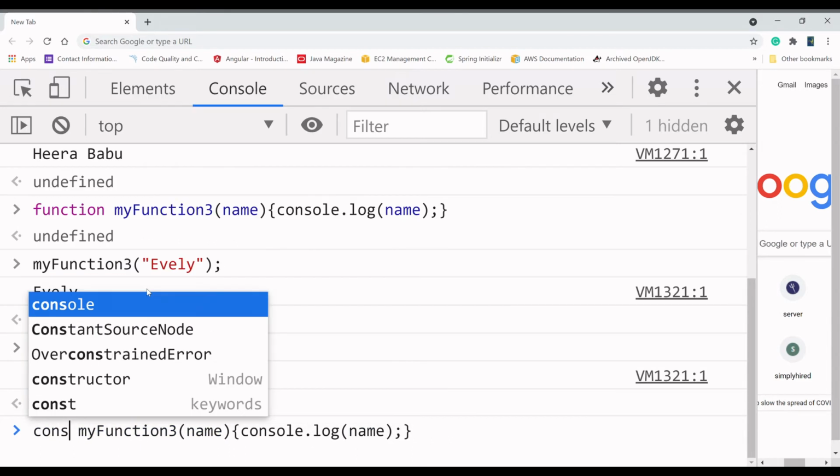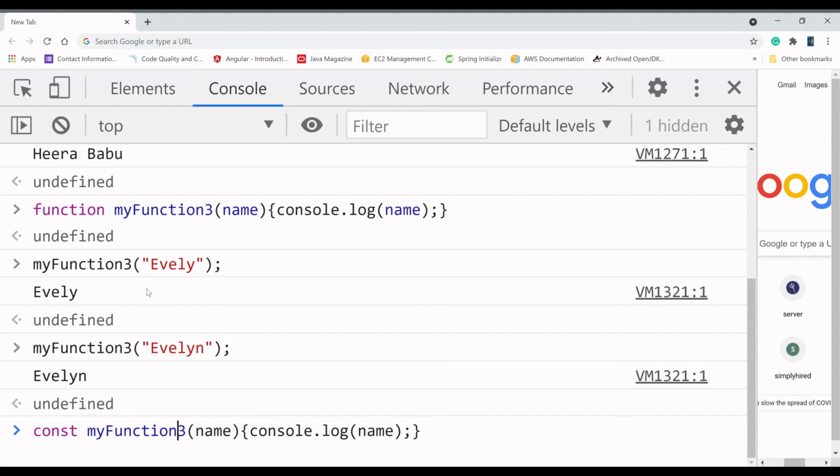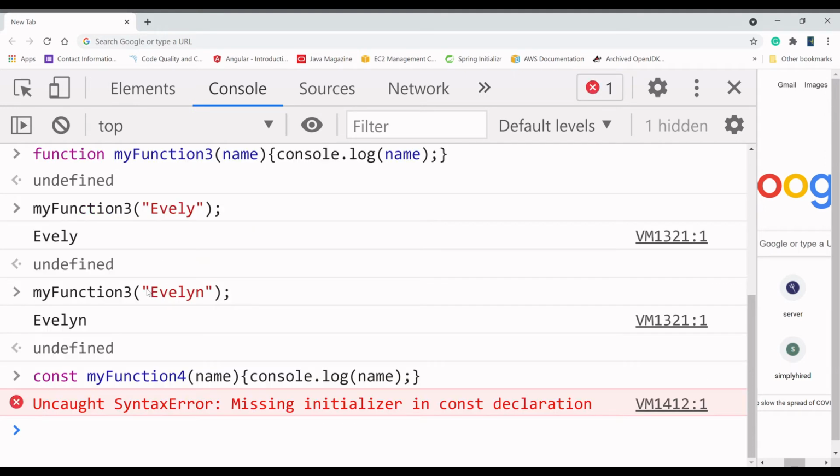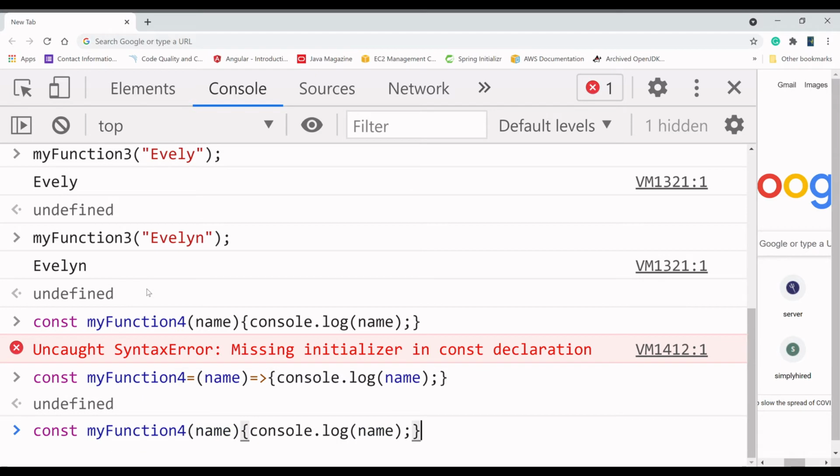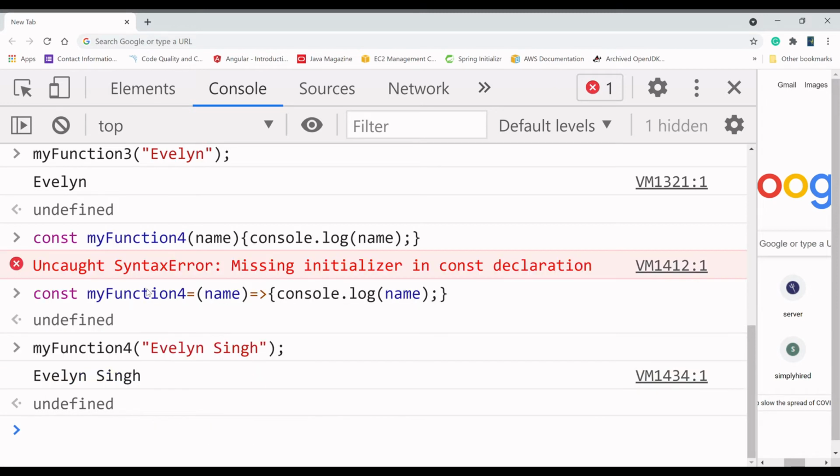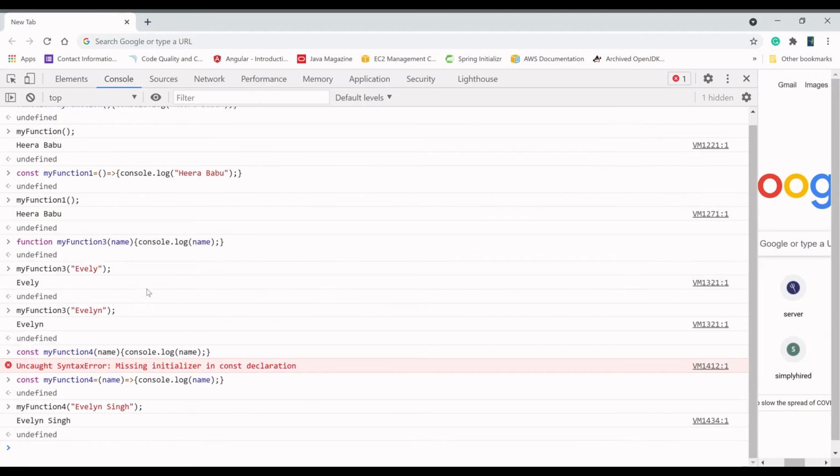As well, if we want to replace this through the arrow function, how will we do that? We will write const and replace it with the same thing. Now you can see the fourth value, I'm going to pass Evelyn. So now you can compare here.